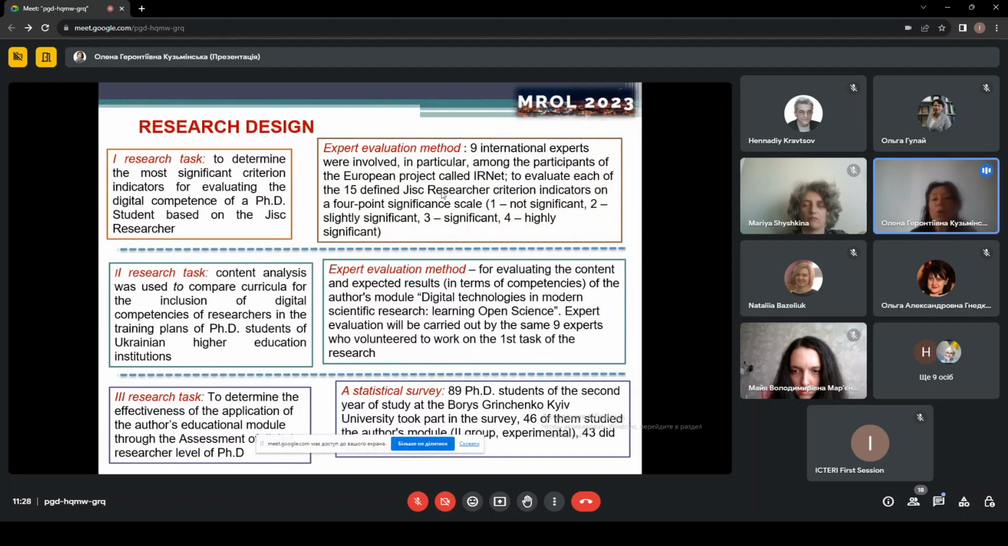These experts also evaluate the content of our author's model, Digital Technologies in Modern Science Research, Learning Open Science. For the third research task, we used a statistical survey with online forms